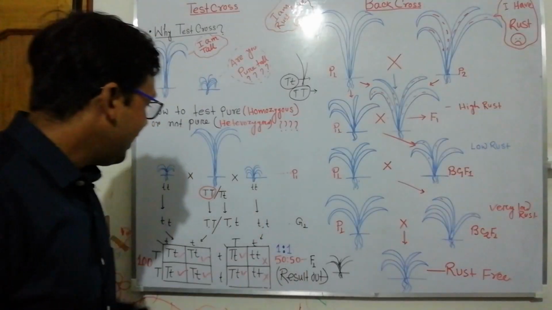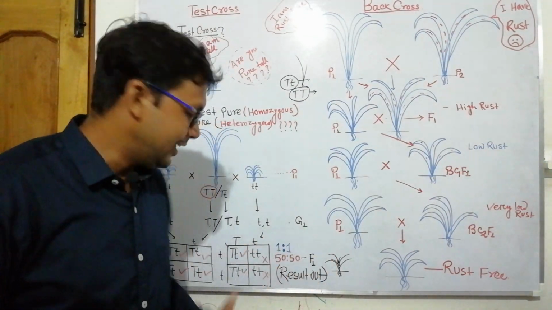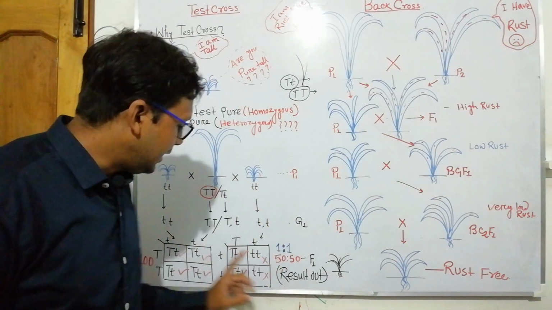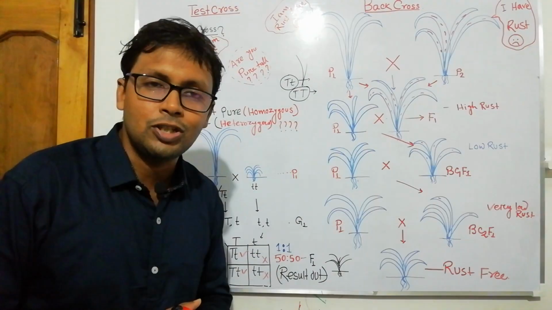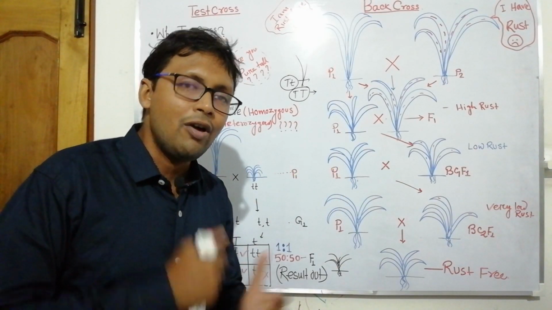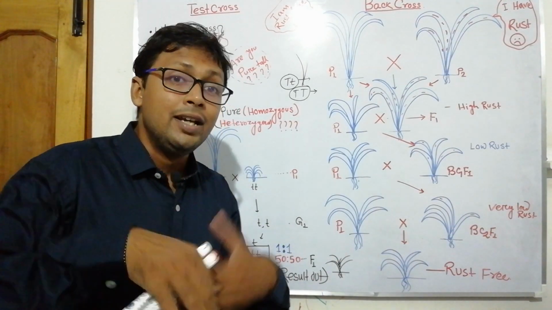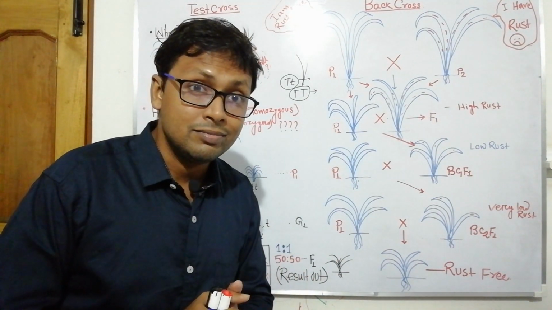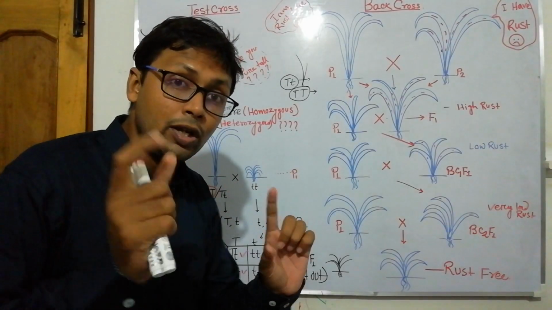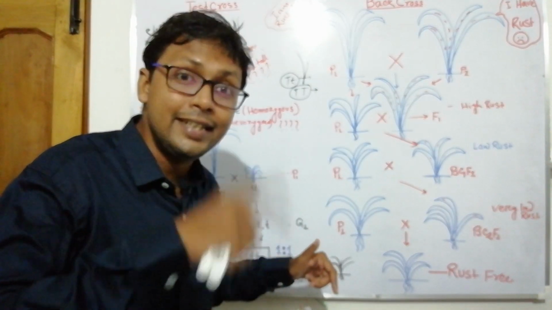Here the phenotypic and genotypic ratios are the same: 50% tall plants, 50% short plants, that is 1:1. So when a 1:1 phenotypic and genotypic ratio is there, it is heterozygous, that is, the test cross ratio is 1:1. It is called a monohybrid test cross because only one trait is determined here, the tall plant, tallness or shortness, the height.